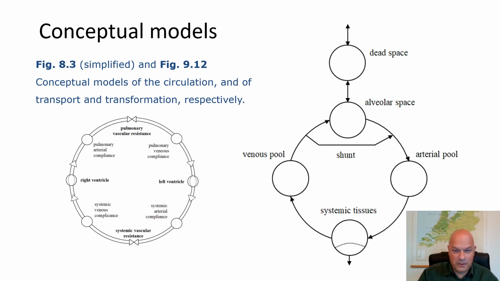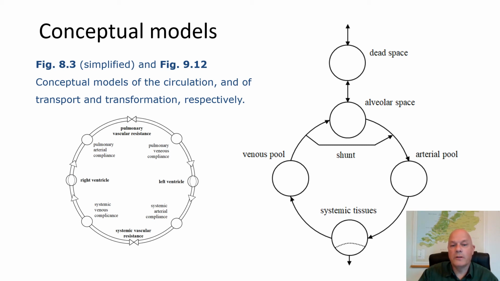And it starts, for example, with the left ventricle, with a valve after it, the aortic valve, and a mitral valve before it, the systemic arteries, the systemic vascular resistance, the systemic veins, and back to the right heart with its 2 valves, and then into the pulmonary circulation with the arterial side and the venous side, and the pulmonary vascular